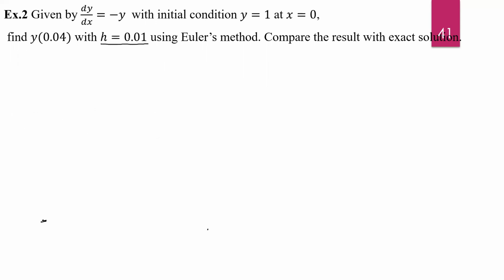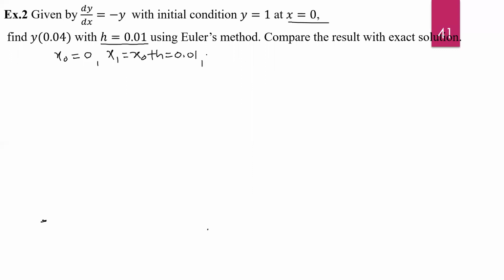Means in every iteration add the 0.01. Suppose we start from x naught. X naught is 0. Then x1. X1 is x naught plus h. So x naught is 0, so x1 is